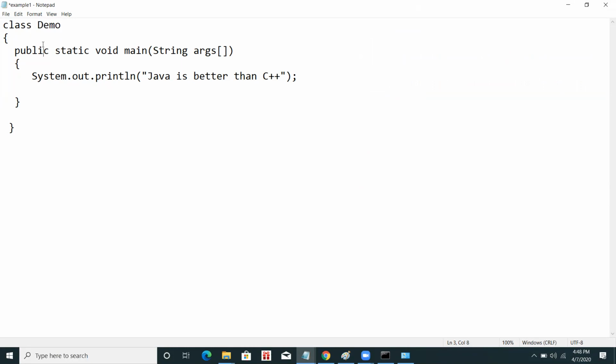So guys, if you practice this, write it as it is, as I have written it. Like I have written class with a small c, and public with a small p, static with a small s, void with a small v, so you can write as it is. If I do public with a capital P, it will give me an error. Because why? Because Java is case sensitive.